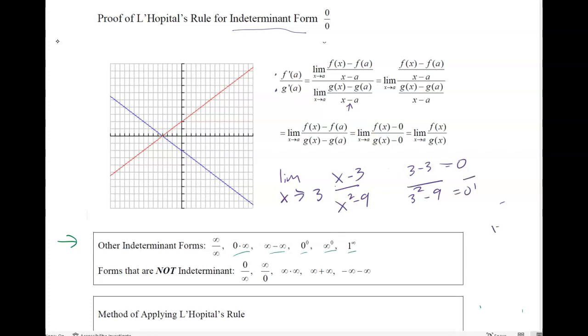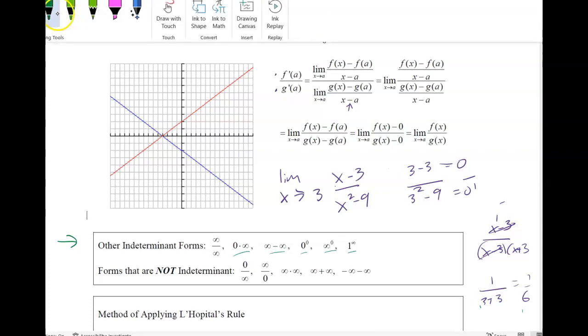So in the past, we have done x minus 3 divided by x minus 3 times x plus 3 because these were nicely factored. And that gives you a 1 on top, and then you do 1 over 3 plus 3 is 1/6. L'Hopital's rule is now telling us we could just take the derivative of the top and the derivative of the bottom,